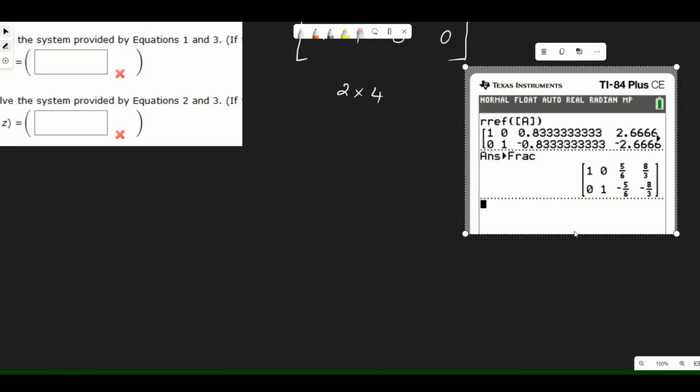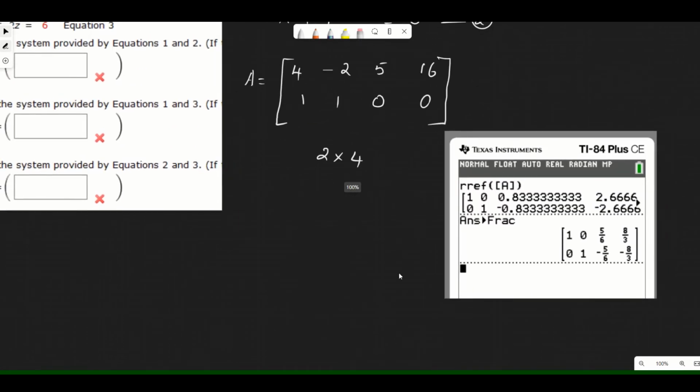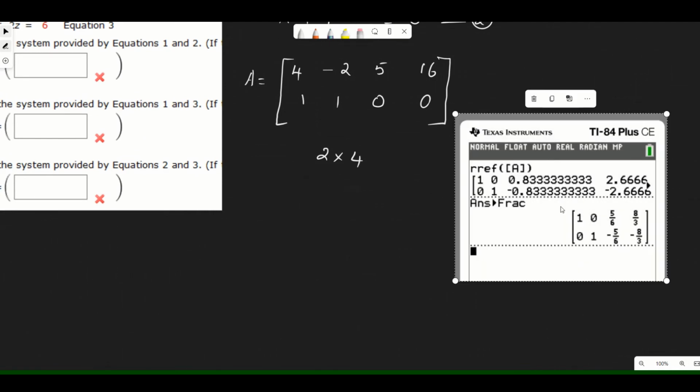this is what you are getting, the reduced row echelon form of this given matrix if I have entered it correctly. If I have entered those values 4, negative 2, 5, 16, 1, 1, 0, 0, make sure that you have entered the values correctly, and this is what I am getting. So the reduced row echelon form of the matrix A is 1, 0, 5/6, 8/3,